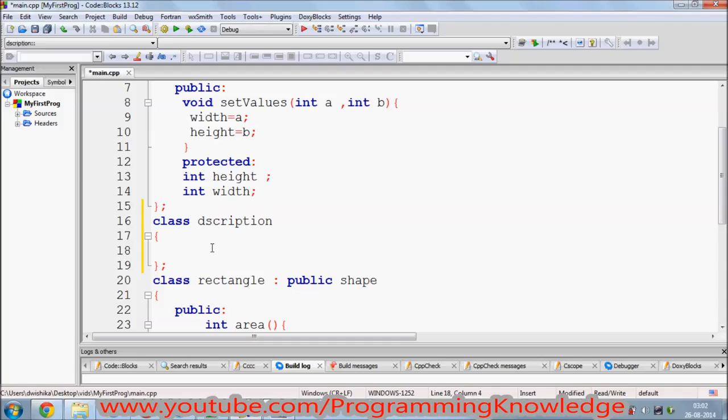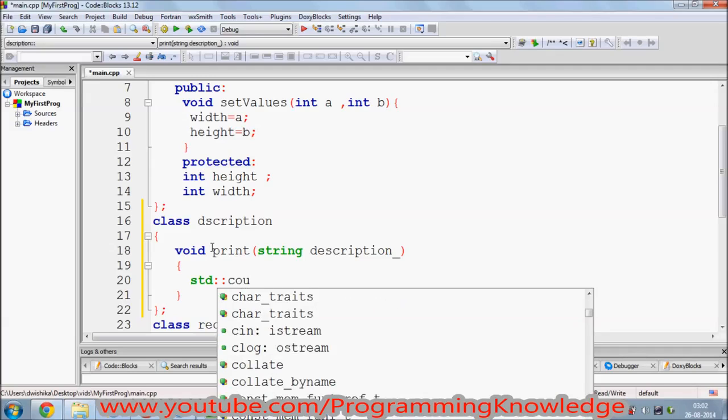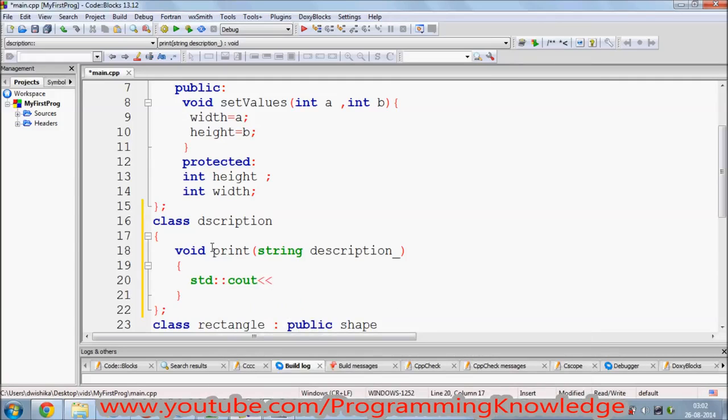And I'm going to create a simple print method which takes a string, the description. Okay, and what I'm going to do is print with std::cout, "we